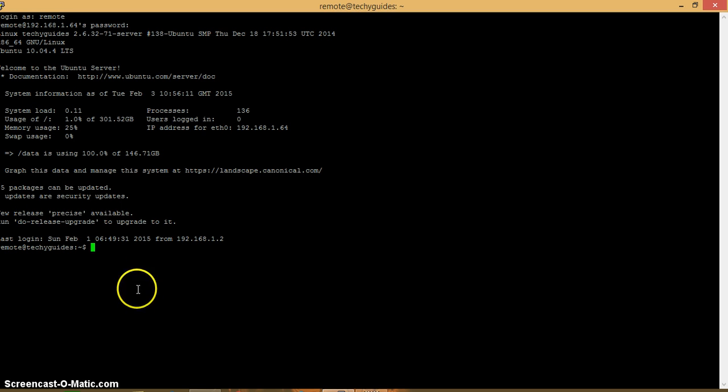www.techieguides.net, the Linux blog. Today I'm going to explain, or basically give you a guideline on how to set up your own dedicated email server. Now I'm using SSH, which is a client known as PuTTY. And what we're going to do here, I'm just going to go through a guide on setting up the host